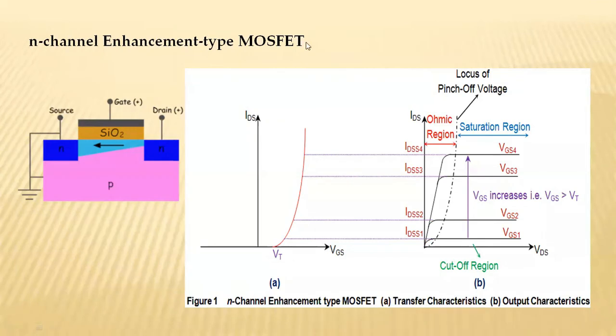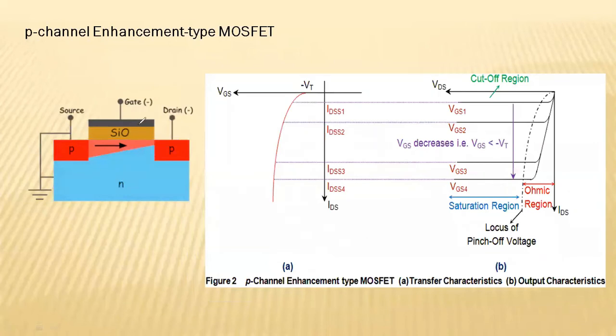Then the characteristics of the P-channel enhancement mode MOSFET. For the P-channel enhancement mode MOSFET, gate voltage is negative and drain to source voltage is also negative. So these characteristics are similar to the N-channel enhancement mode MOSFET, but with the polarities of VDS and VGS opposite. So as VDS is negative, now you can see this is a negative x-axis,